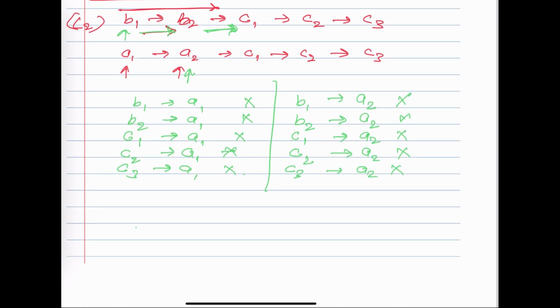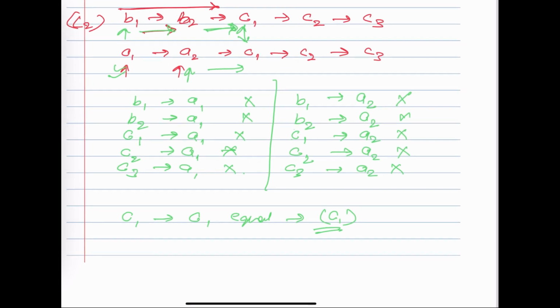Okay, and again we will move to the next pointer here, right? So now we will compare C1 with C1. From A2 we will move to C1, and now we will compare C1 with C1, which is equal, right? So which is equal, and we will return this C1 in this case. So this is a very simple approach. We will keep on traversing one linked list and pick one node from the other linked list and compare that node with my traversing linked list. And if we find any node which is equal, we will return that node